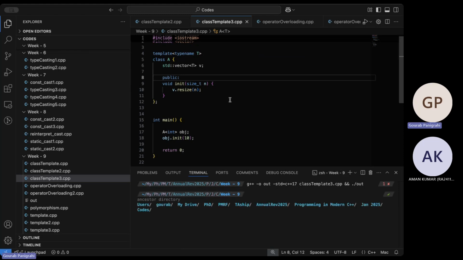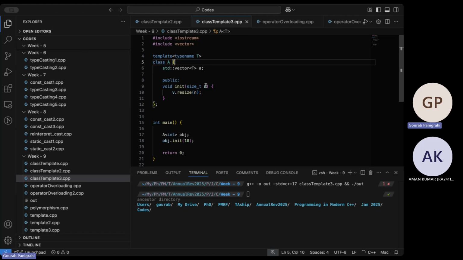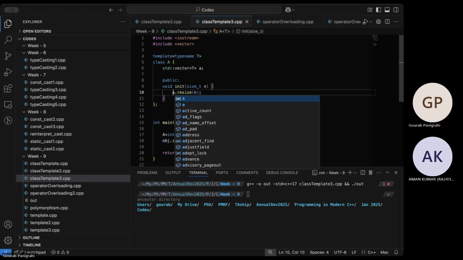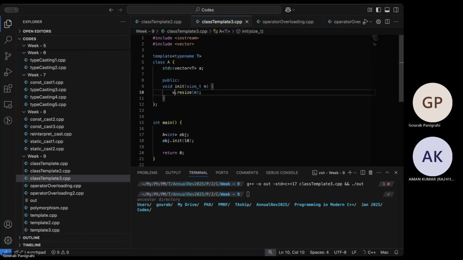So init is called and the vector gets resized to 10, let's say. Let's keep it B. The vector is fine. This way you can use templates to even initialize member variables, which are themselves templatized. Yes, this is absolutely allowed.